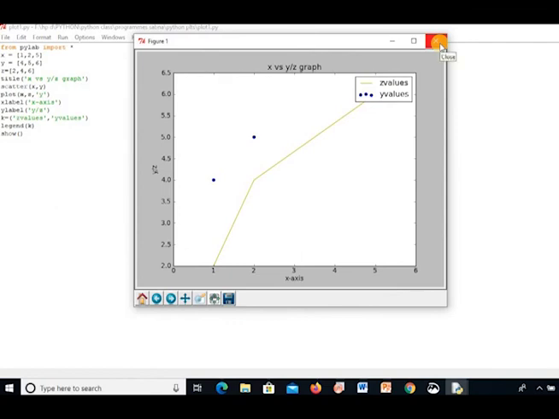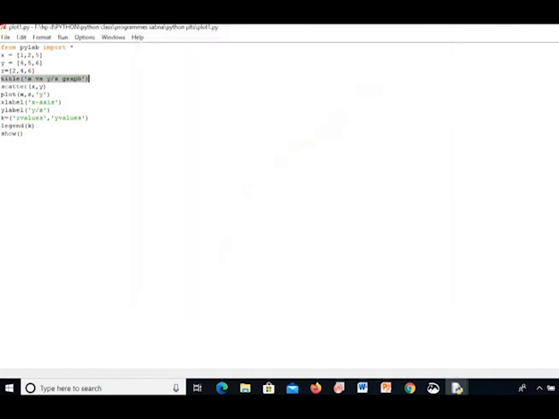The only thing that you have to keep in mind is that we need a set of data points for the x axis. So for that we need either a list in a simple way or an array. Normally we use arrays for plotting. Okay, so that is the point that you have to